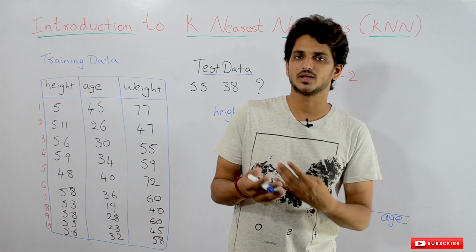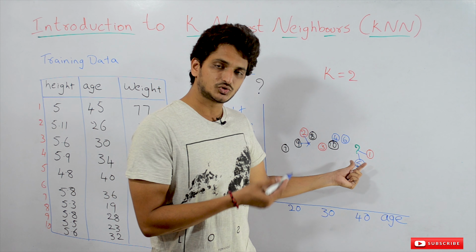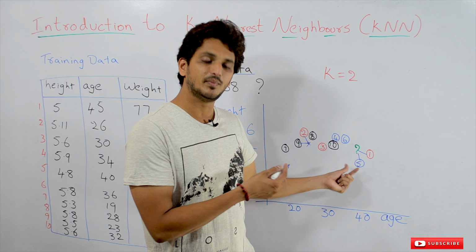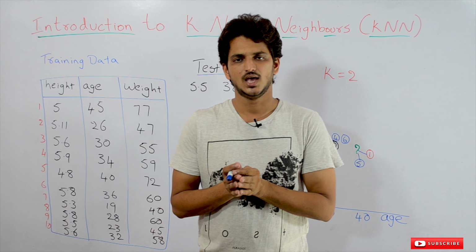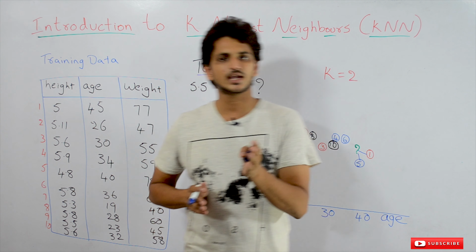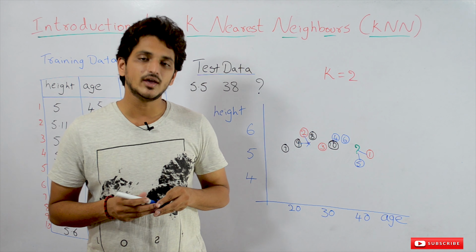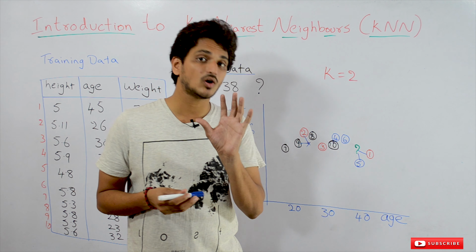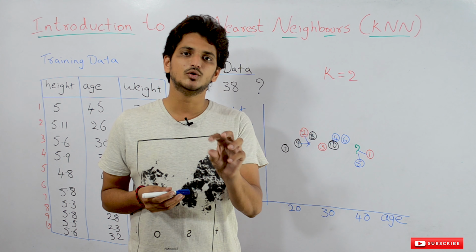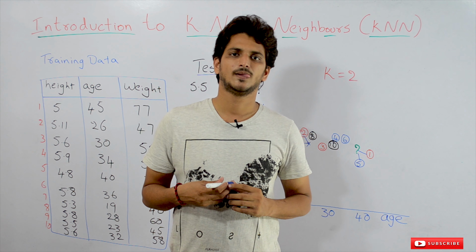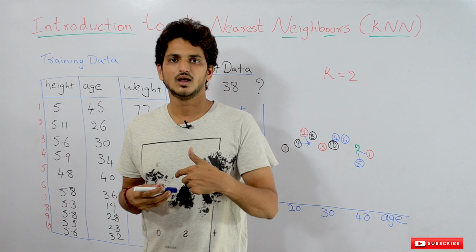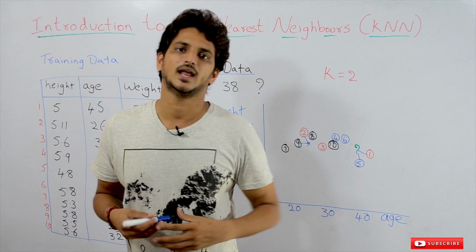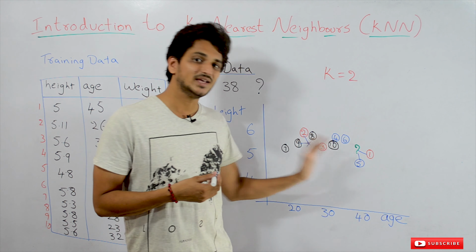Based on these two nearest neighbor points it identified, k nearest neighbors will do prediction on the testing data. If k is equal to 5, our KNN will identify the 5 nearest neighbor points, and based on those 5 points it will do prediction on the testing data. How the prediction is done, how it works in classification, how it works in regression, all this we'll cover in our next class. This is the basic idea of how the KNN algorithm works.